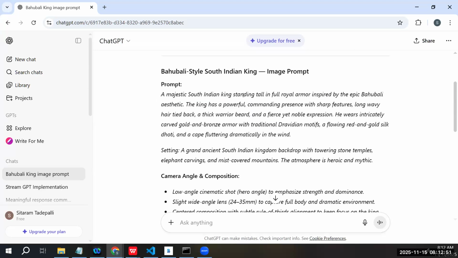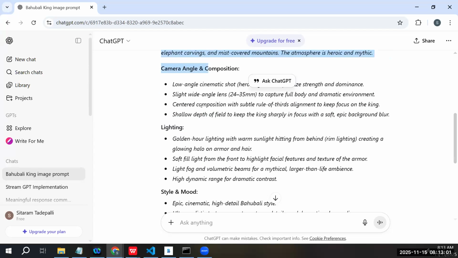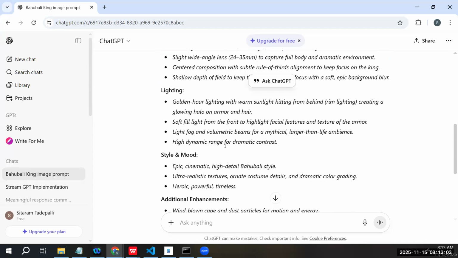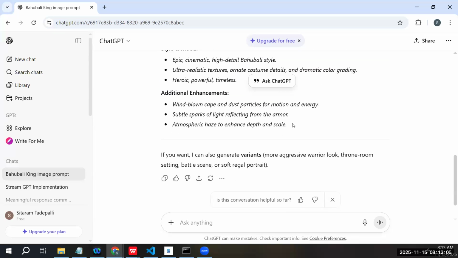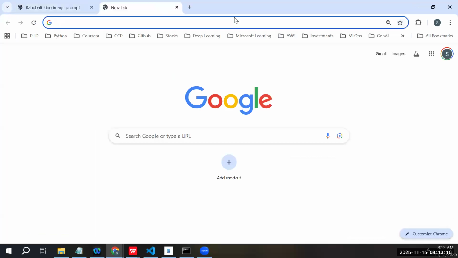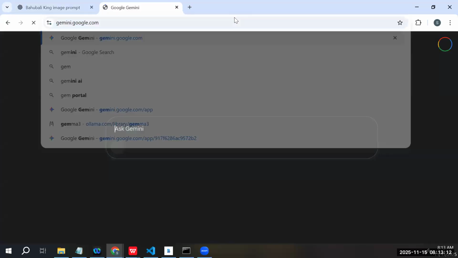A majestic South Indian king standing tall in full royal armor inspired by the epic Bahubali aesthetic. Okay, so if you see, it has provided camera angles, lighting, and mood, and all that stuff. So I go copy this. We will use another LLM, the Gemini model,